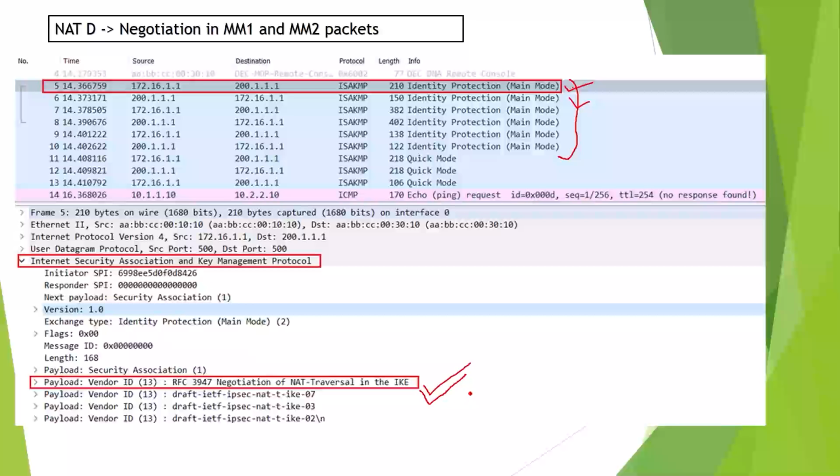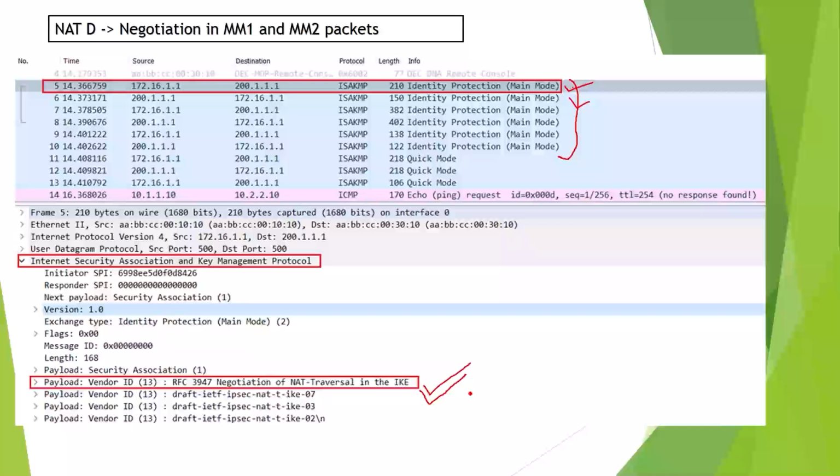That means ensuring that both parties support NAT traversal. How do we do that? We send a vendor ID string, that means a vendor identification string, to understand that yes, both parties are capable of supporting NAT traversal in case it is needed going further. So this is what is negotiated in main mode message 1 and message 2.